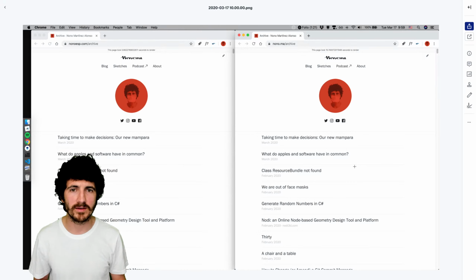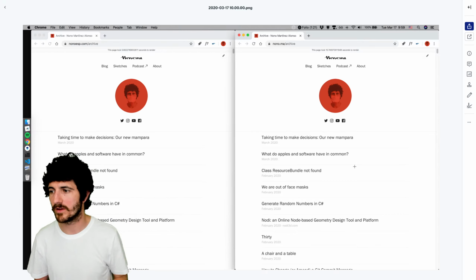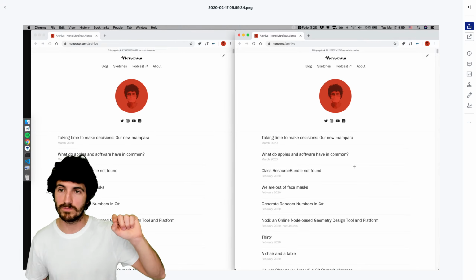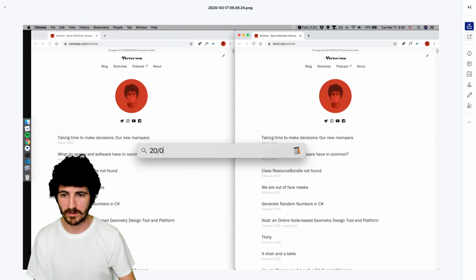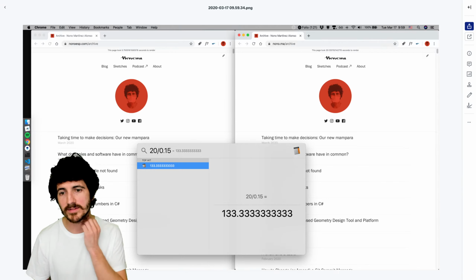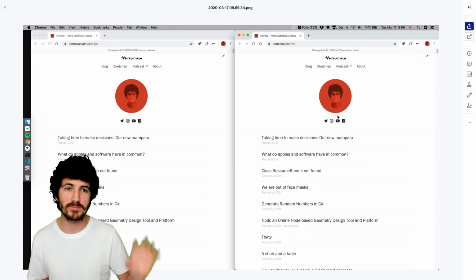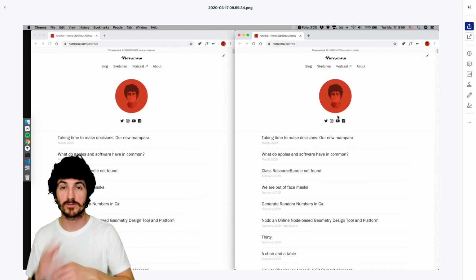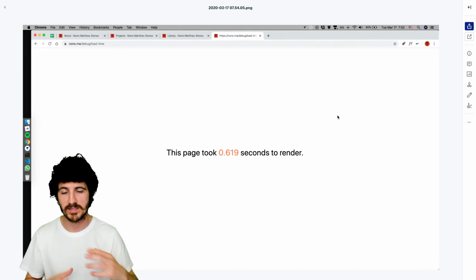Let me see if we can see the comparison there. So this is on the right, taking 15 seconds to render the entire archive. On the left, 5 seconds. And that 5 seconds got down to about 15 milliseconds. So from 20 seconds, that's 20 divided by 15 milliseconds, which is 133 times faster than before. And this is because of the server. The server took it from 20 to 5, but then I did some optimizations because I was doing a lot more database queries than I needed to, and I could save a lot of time.